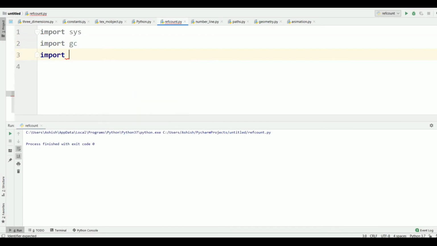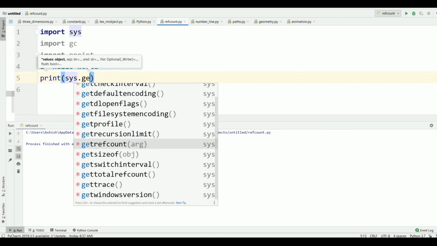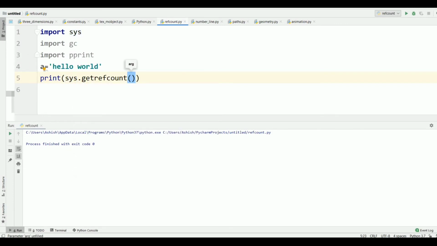Import pprint, which is similar to print but gives output column-wise, in a vertical line. Let a equal hello world. Now print sys.getrefcount of the variable, and now see the output: it is 4, which is 2 more than the actual value.